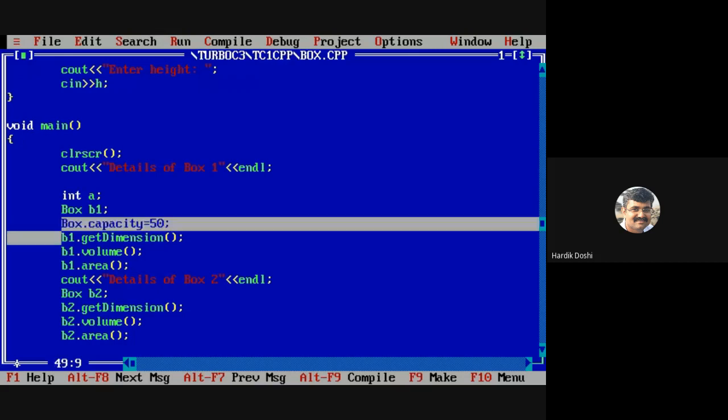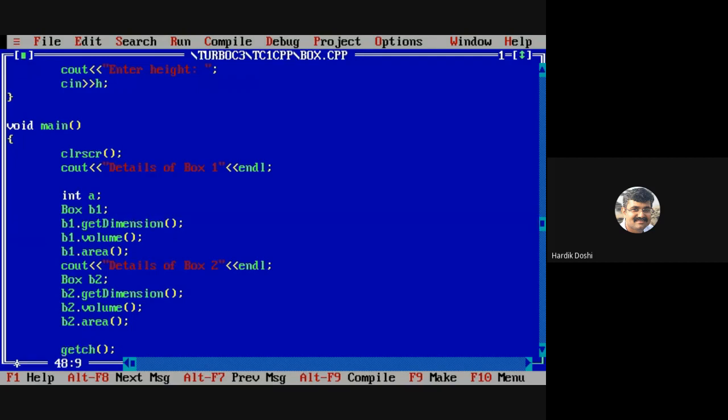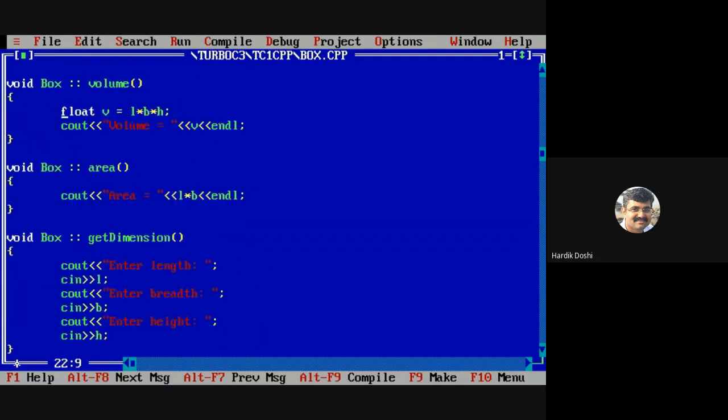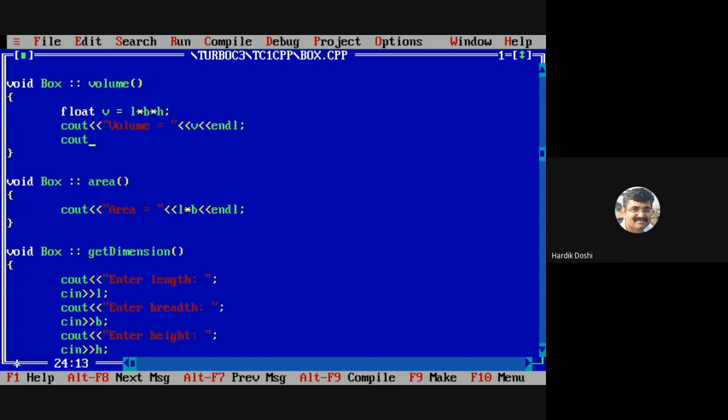I'm modifying my example. I'm facing some problem over here. Let me remove this from here. In volume, what I'm doing is writing cout box capacity equals to, let's say, capacity.